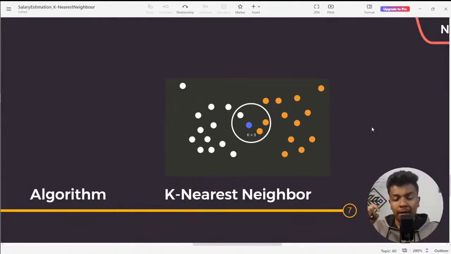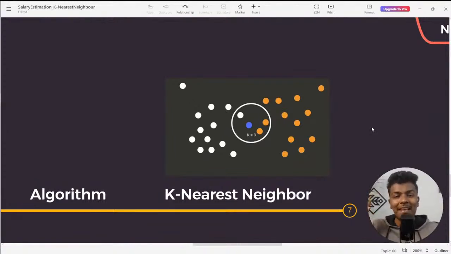Now, imagine that to those white color and orange color data points, one new data point is getting introduced. That new data point's color is blue. Since the k value is equal to 3, the algorithm is going to measure the distance between the blue data point, the new data point, and each and every other data point in the whole environment. It is going to choose the top 3 data points which are closest to the current data point.